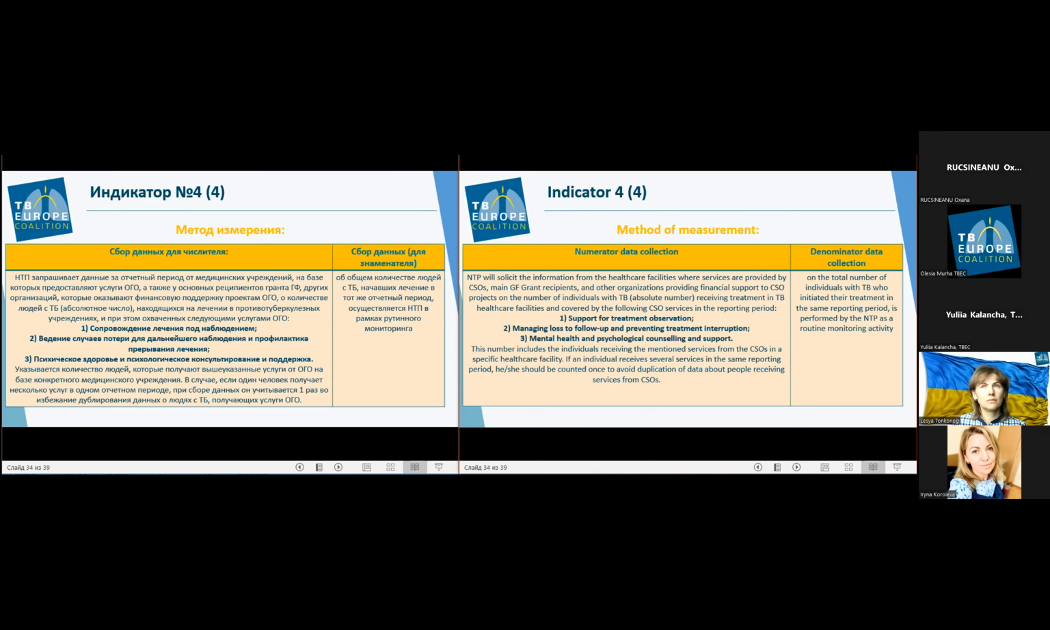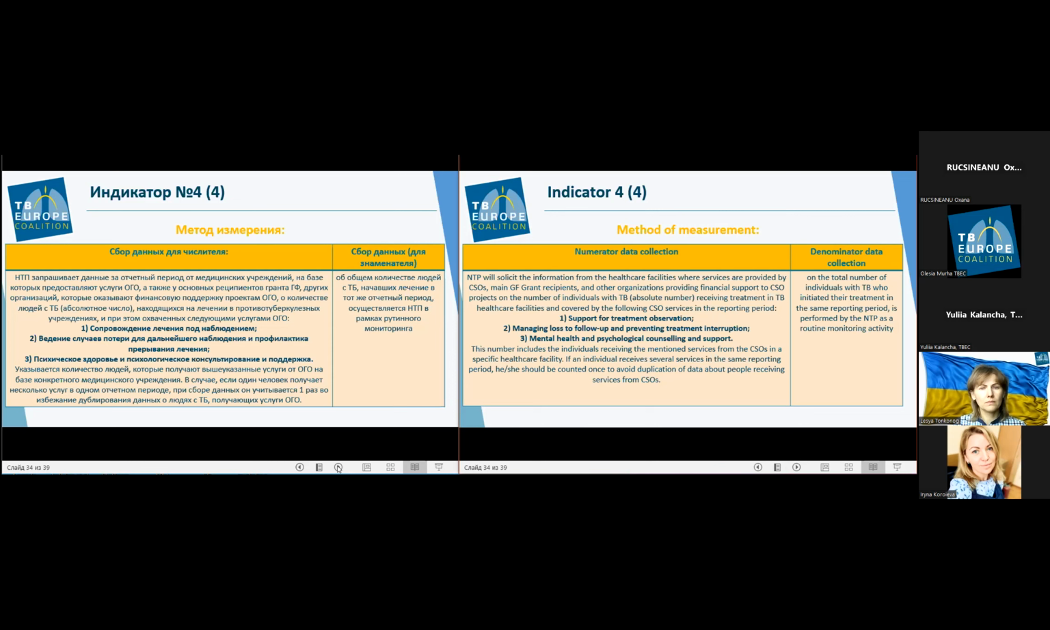Thus, the total number of individuals receiving the mentioned services from the CSO is indicated for the specific healthcare facility. If an individual receives several services in the same reporting period, then this person is counted once to avoid duplication of data about people receiving services from CSO. And then